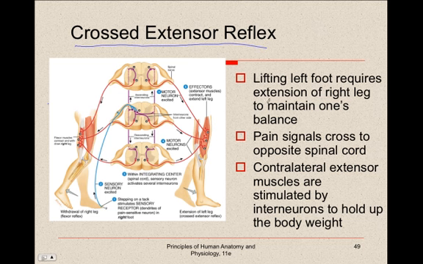So anyway, this is just kind of a fun reflex to talk about. It's called the crossed extensor reflex. And again, pain signals will cross the spinal cord to the opposite side through that gray commissure and cause contralateral extension. Contralateral meaning the opposite side, right? Because we stepped on the tack with the right, we're causing extension with the left. That's contralateral extensor muscles being stimulated. So again, pretty cool. And that way, that left leg will maintain body weight